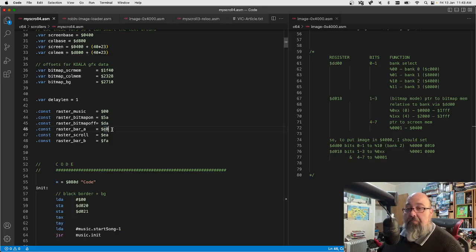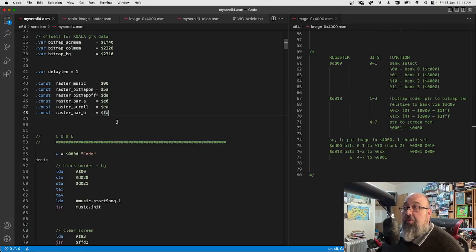At E0, I do my first raster bar, so that's the first white bar you see across the screen. EA is where the scroll text triggers. FA is where the last raster bar sits. I use those because I've got a macro that